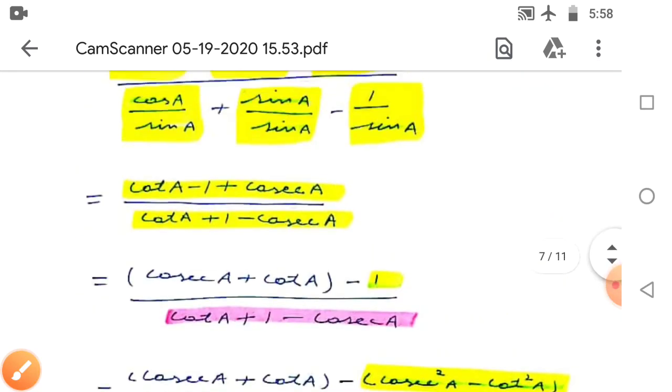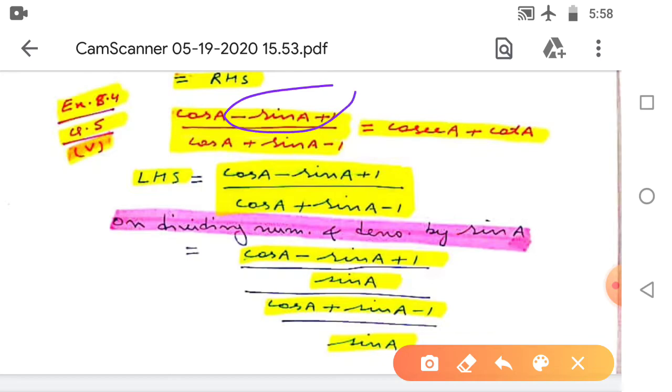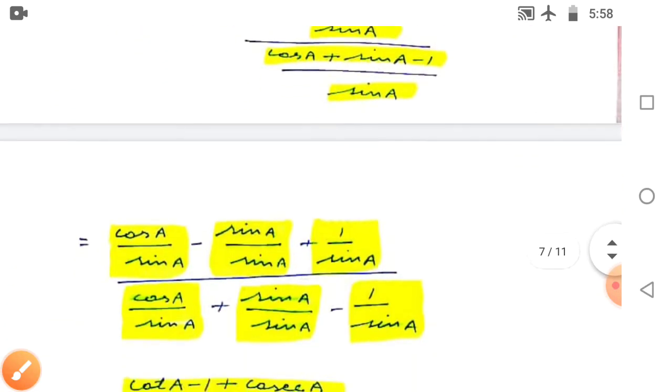So in this question, what was the important part? The important part is that in front of sin A we have a negative sign, so we need to divide the numerator and denominator by sin A. Clear? This is the hint. Right. Now come to the